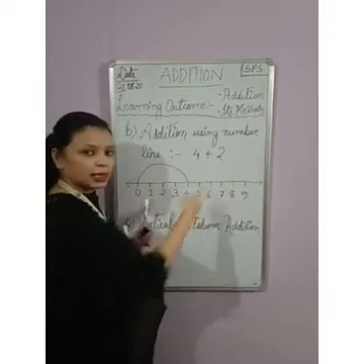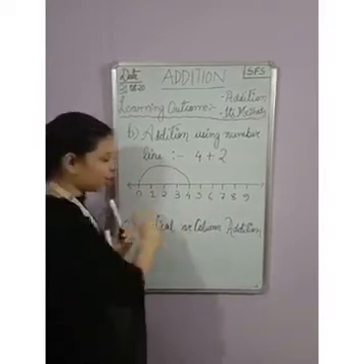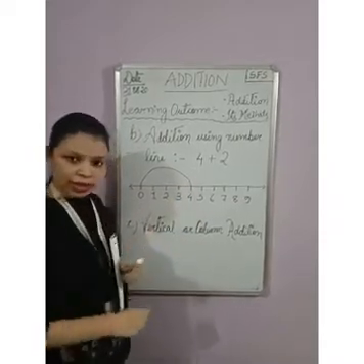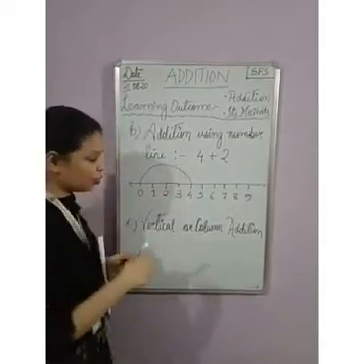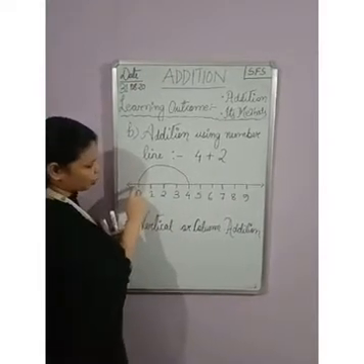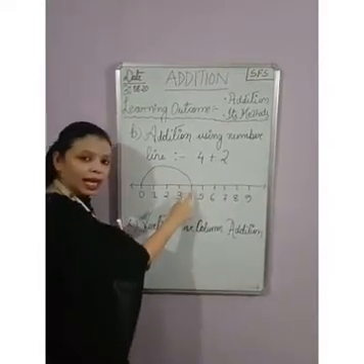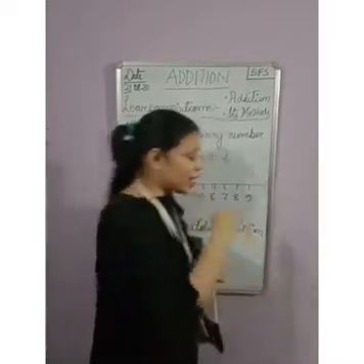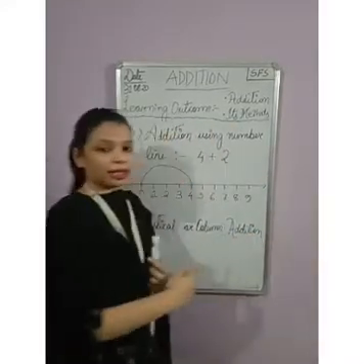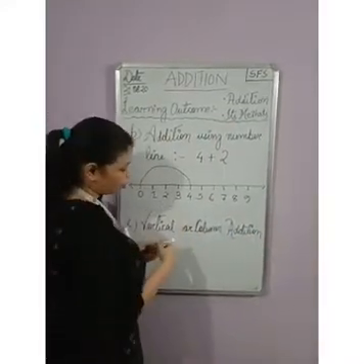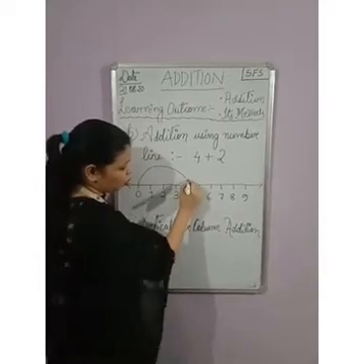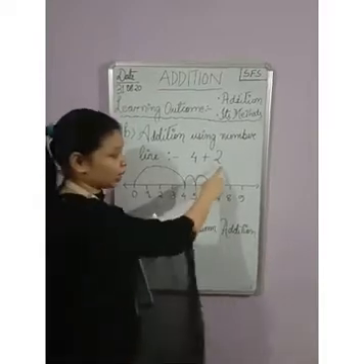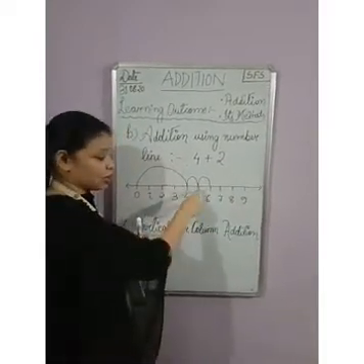After 4, what is the number? 2. So I will take a long jump, and from here I will take small jumps. Now how many jumps do I have to take? 2. So I started from here, I have taken a long jump and I have come to 4. Now from 4 I have to take small steps. So from 4 I will take short steps: 1 and 2. Since I am told to take only 2 steps, I have taken 2 steps.